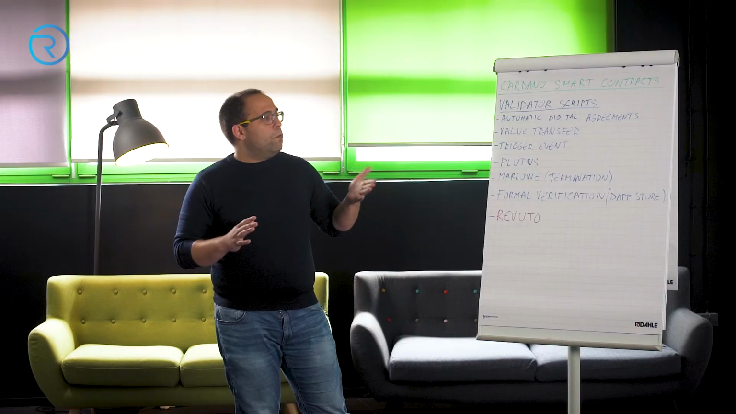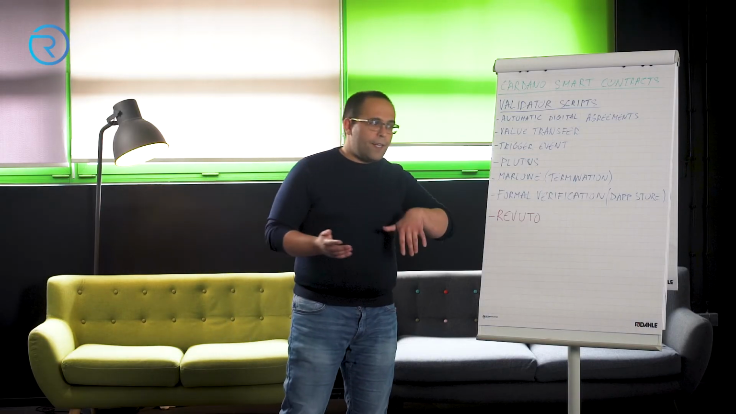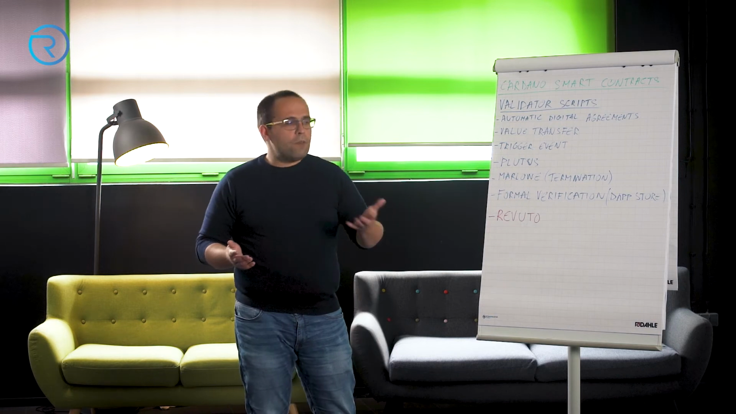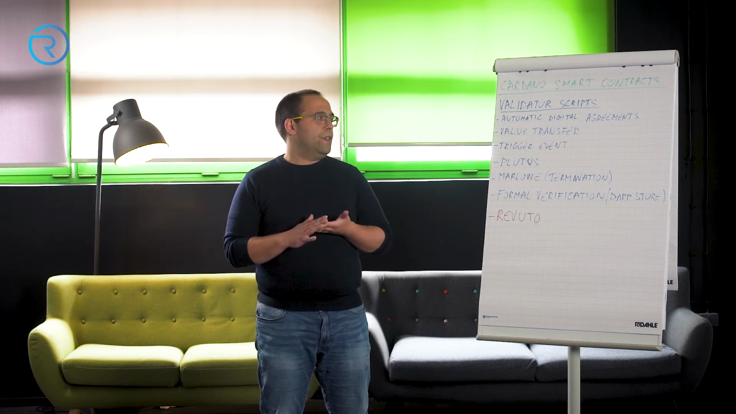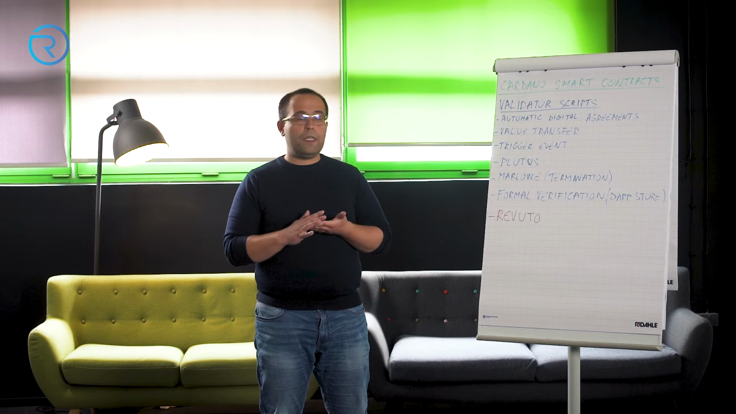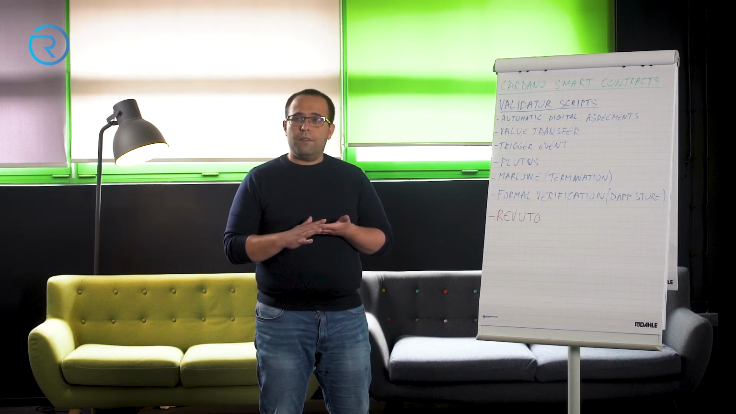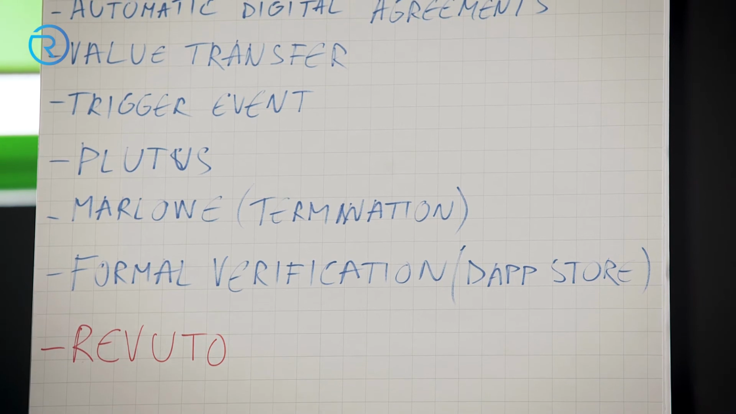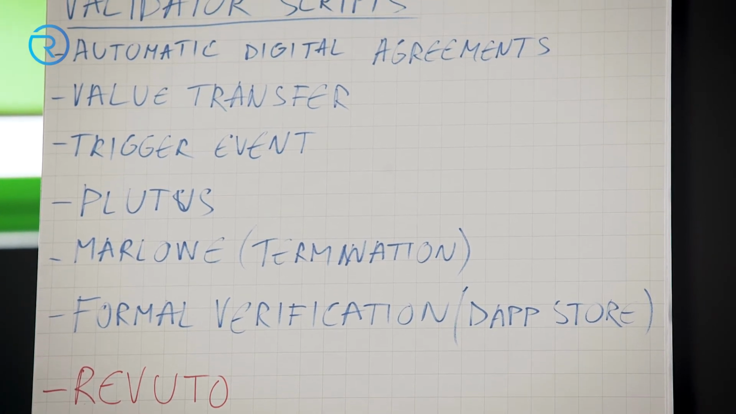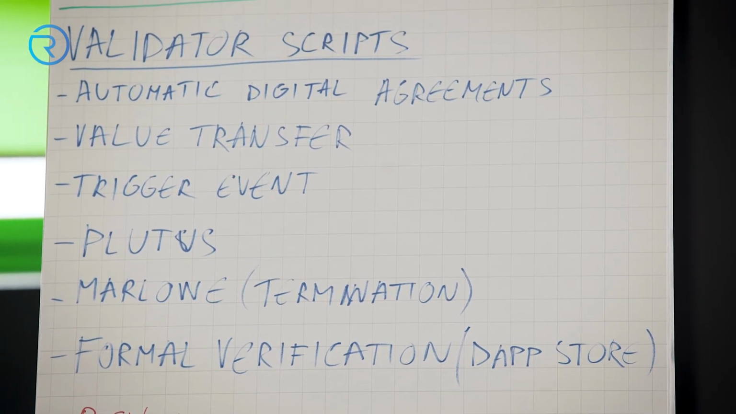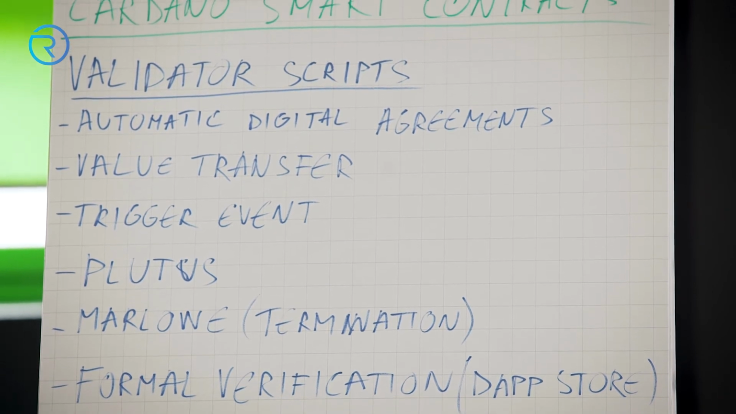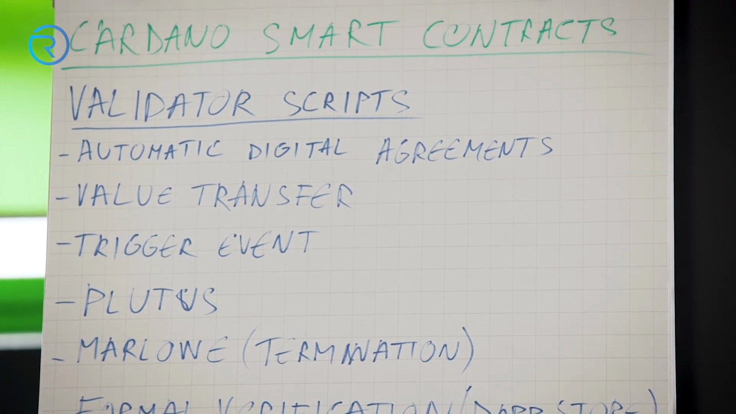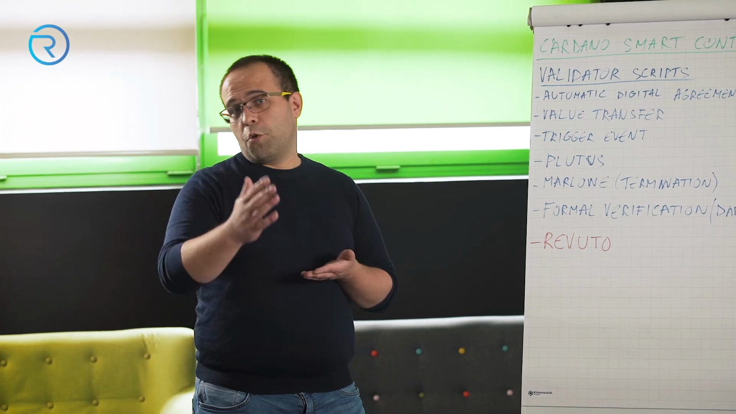Okay, so where does Revuto fit in all of this? Well, as you know, we announced our DEX, and the DEX will have swaps in it, and the swaps will be handled by validator scripts, by smart contracts. So this is something that we're now implementing in our product. And we will definitely make sure that the code is precise, safe,